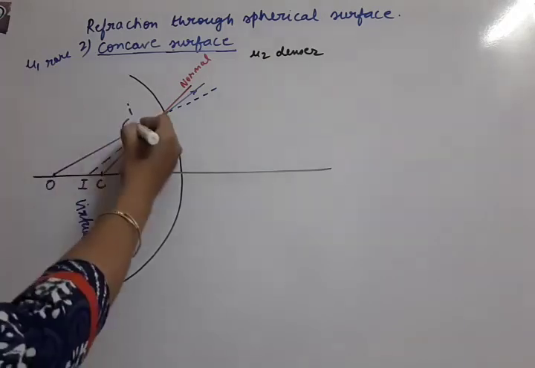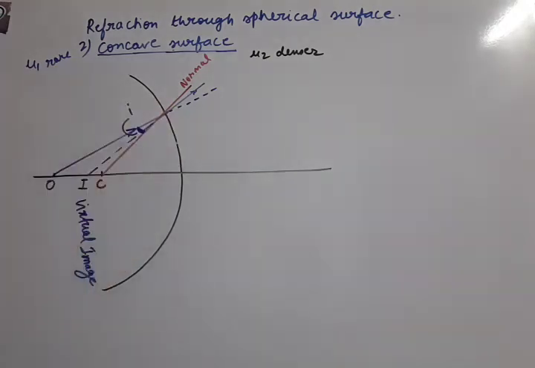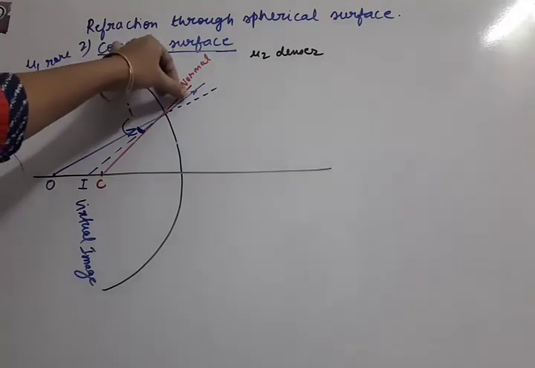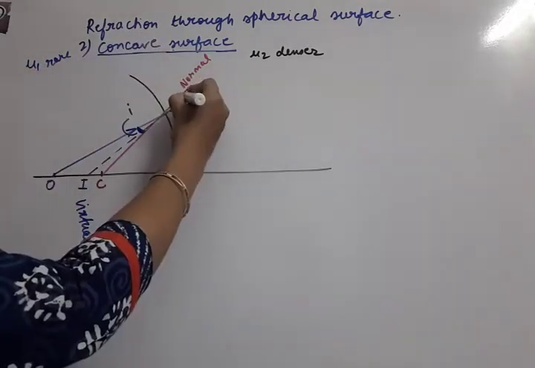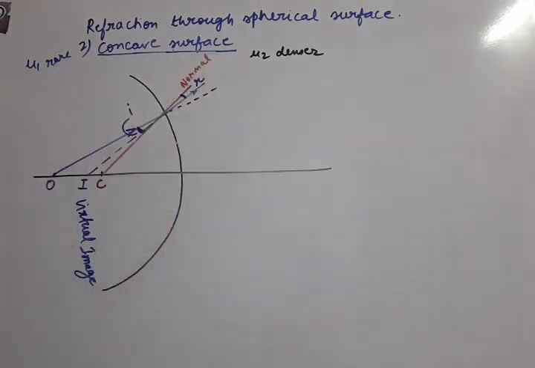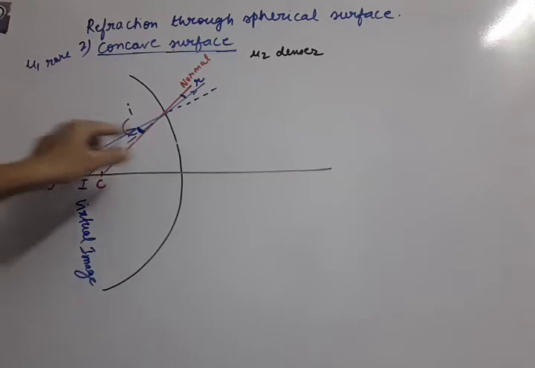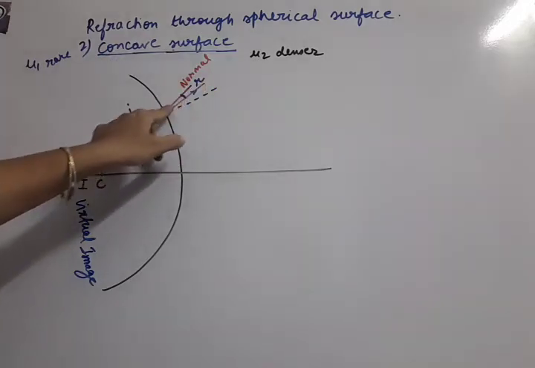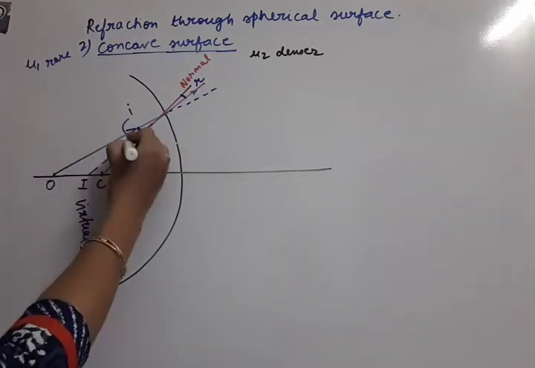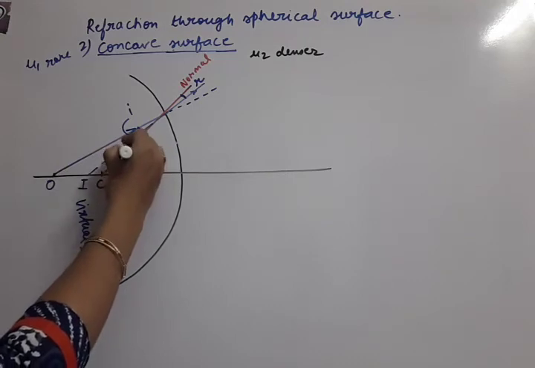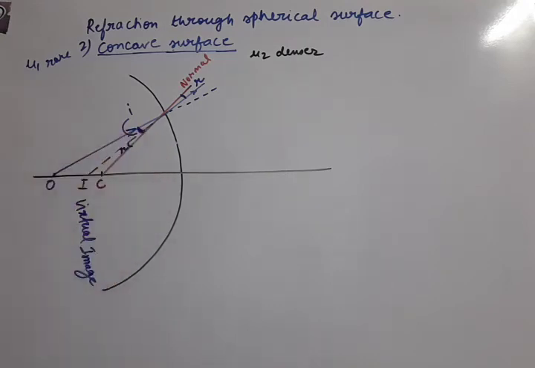Okay, this angle is called I. Then the angle between the normal and the refracted ray, this small angle, is called R, the refraction angle. Now for the refraction angle we will be needing this side, so let us take the vertically opposite angle. Take care of which two rays we have taken. The red line is the normal, and this actual line is the middle line. The refracted ray is this line. So here angle R is formed.